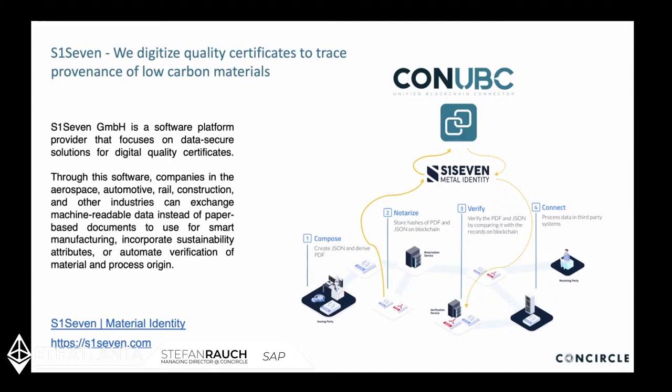Our first customer, who will be productive in 2 months, is ThyssenKrupp Rasselstein, which is a producer of packaging material out of